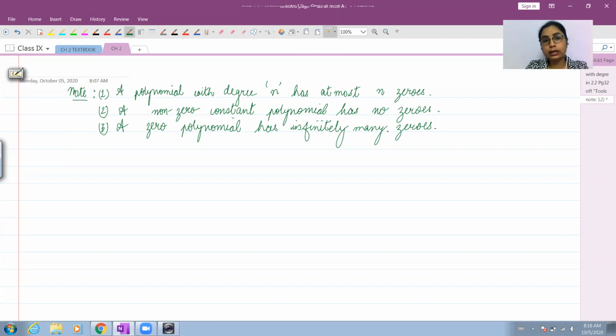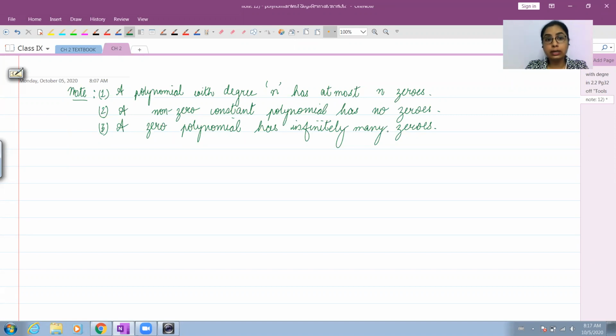If you have a quadratic polynomial, it will have at the most two zeros. Now, when I say at the most two zeros, it means two distinct zeros could be there. And if there is a quadratic polynomial which has two equal zeros, that means there is just one value which makes the polynomial equal to zero, but it is repeating itself. So you will learn it later in the chapter when you learn how to calculate the zeros. I think that's exercise 2.4. But as for now, just remember this.